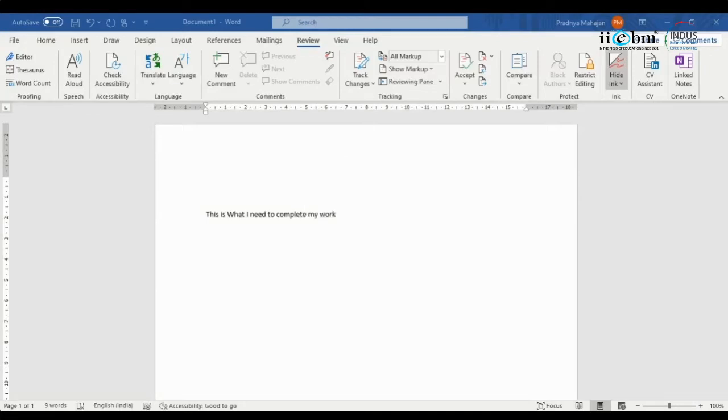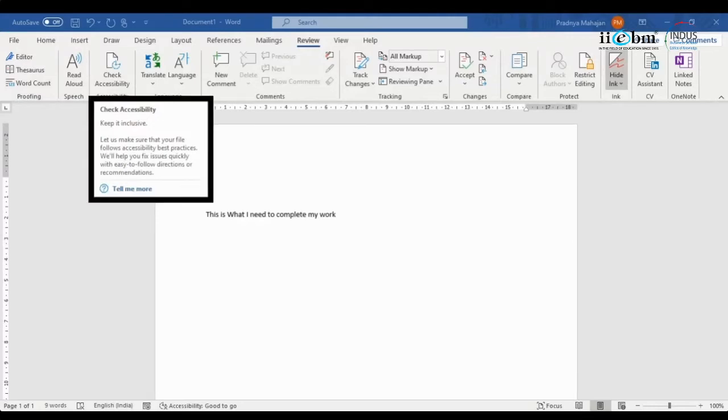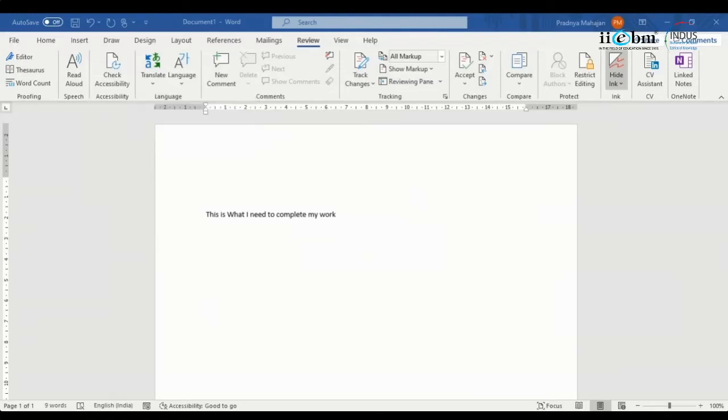Then speech I had explained. Then accessibility check is right now not very important. So I'll skip this accessibility check and let's go to translate, right? So what I will do is here I will put, let me find some space. Yeah. So I will say, who is this new person? I want to translate this into Hindi. I will close these windows, keep closing as and when you want to move on to the next one. So who is this person? This is an English sentence. So I will say